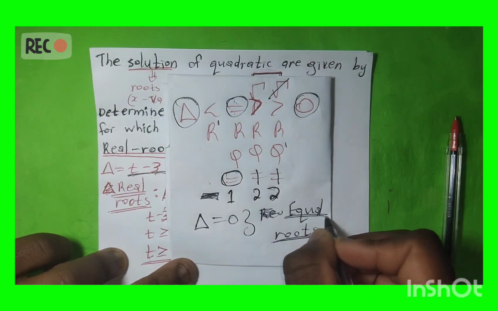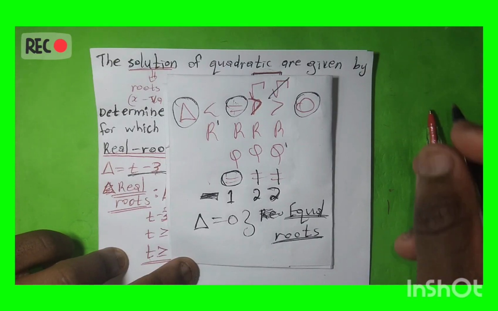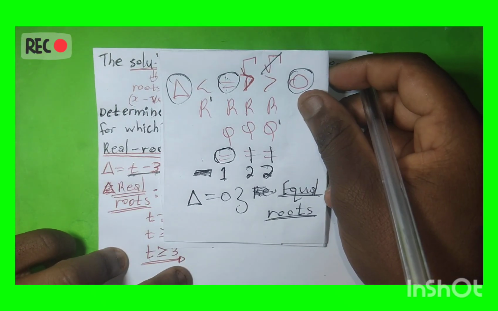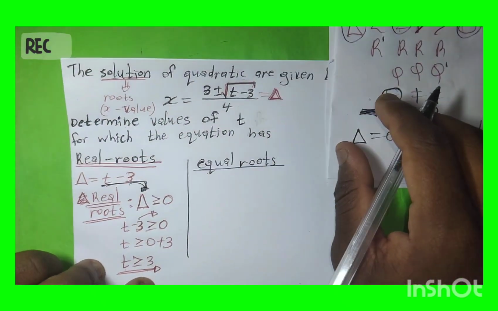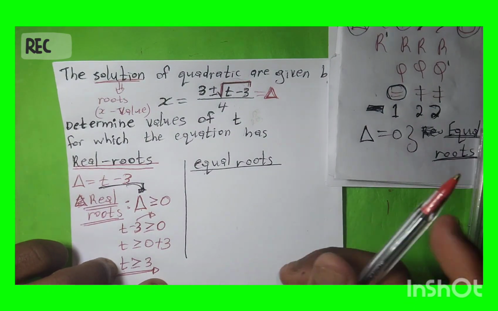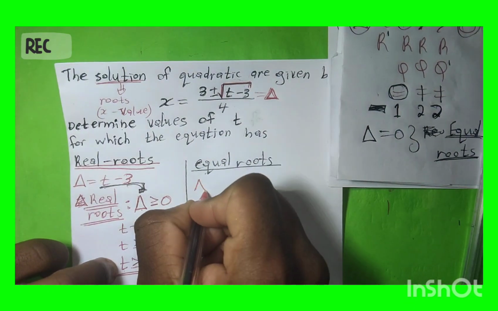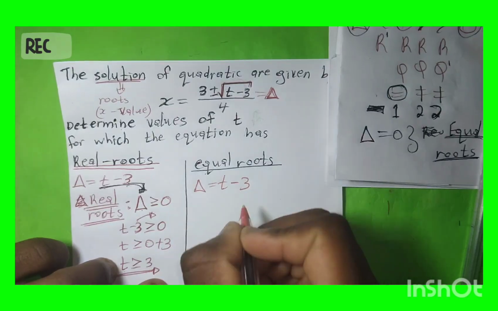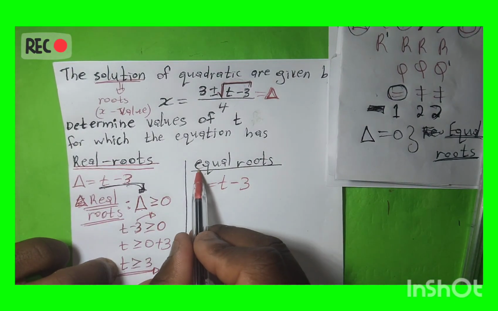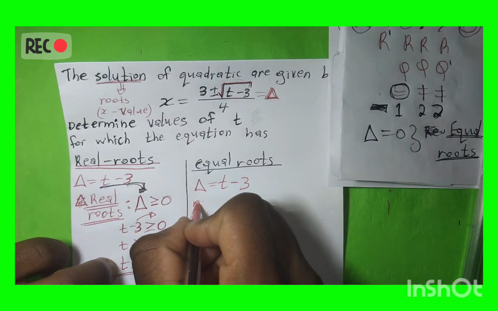Here I will be having equal roots there. So, guys, let's just go ahead and try to find those equal roots. So this is what you will do there. I know my delta according to that equation. Delta is equal to t minus 3. But I want to find where it got equal roots, meaning it should have equal